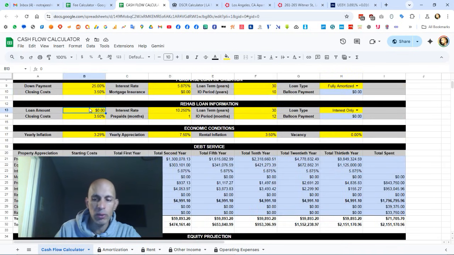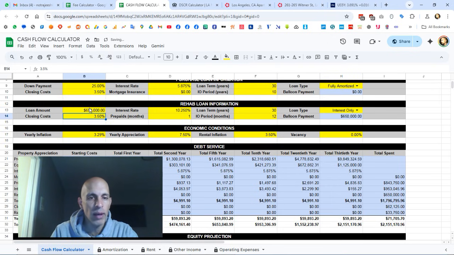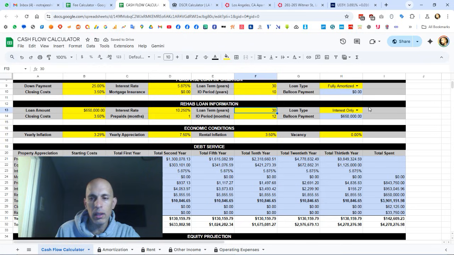Rehab loan amount. So we're putting in $650,000. This part would be interest only. You'd have about 12 months to do the job. Let's say 18 months. And closing cost 3.5% roughly. Prepaid months. So now we have to figure out